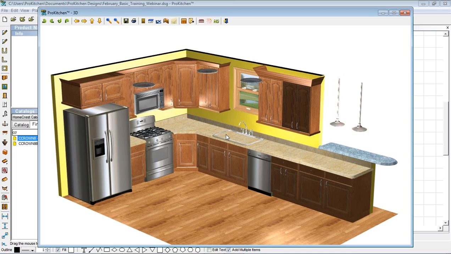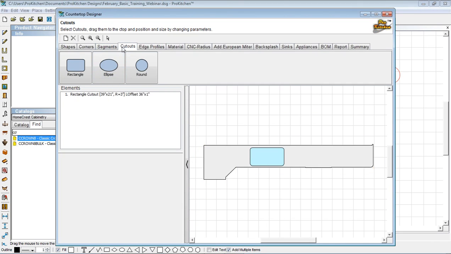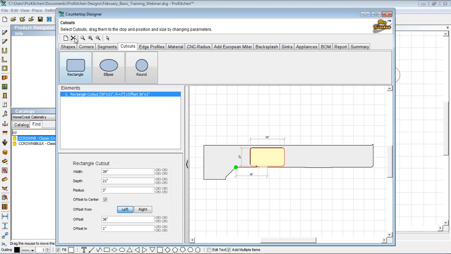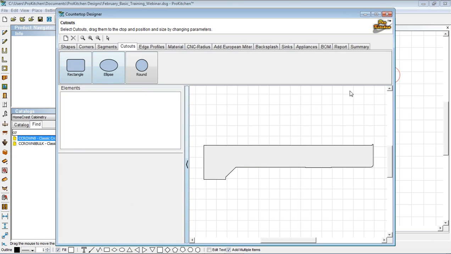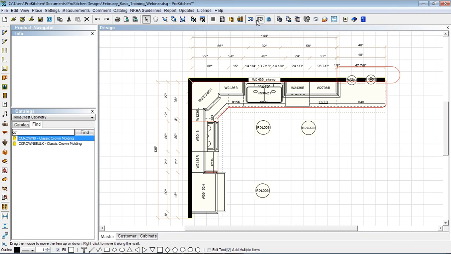Whenever I use the countertop designer, it fills in the sink. Once again, I'll close out of here, and I'm going to right click, open up the countertop designer. I'll come to my cutouts and delete it because I've already created the report for my fabricator. I will place the updated countertop, and now when I go to the 3D for a third and final time,